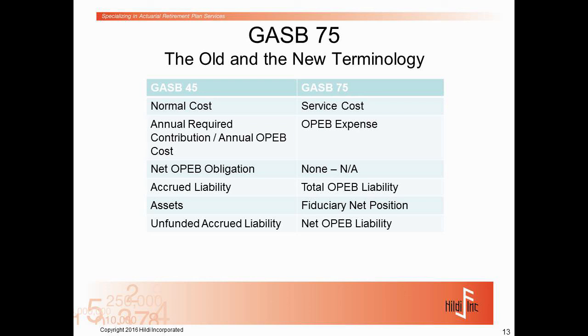The net OPEB obligation, which was always confusing for everybody, just like with the public pension rules, they're doing away with that. So remember that it's the accumulative account of your liability, and that's what currently is showing up on your balance sheet. So you had your net OPEB obligation, it would increase by your expense, but then you get to take credit for any contributions or benefit payments that you made. So it's a cumulative account of what you've expensed versus what you've paid off of your liability. So that's totally going away, because that always was confusing.